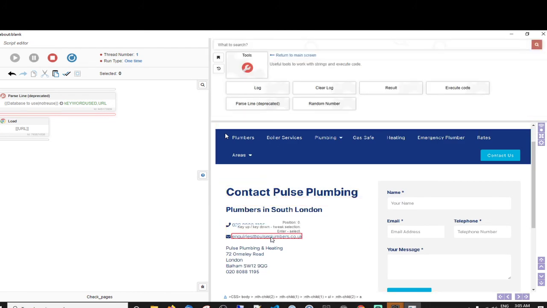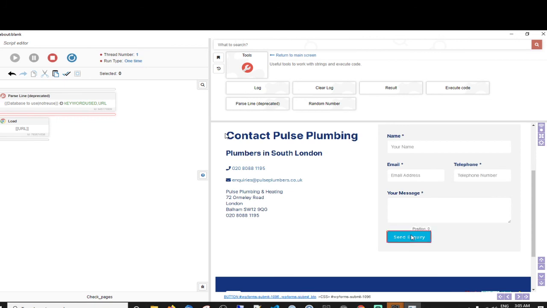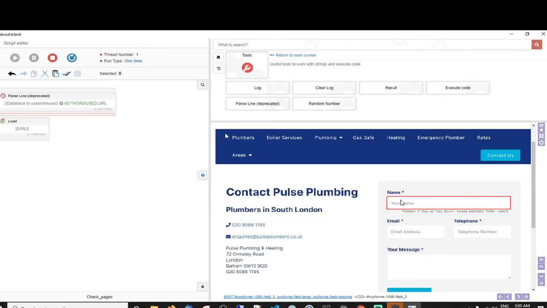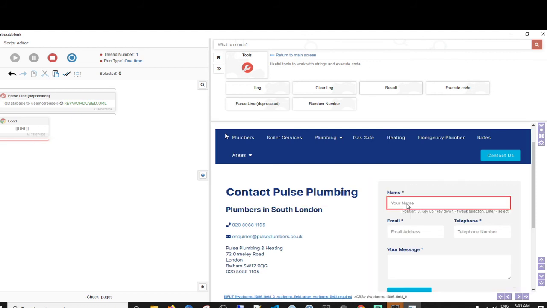Right, this one also has... This is a good page to land on because this also has the other data that we want to grab. But for now we just want to check to see if it's got a form and a captcha. I want to find one that has a captcha because we can't check to see if this one has a captcha until we find one with a captcha. So what I'm going to do to check if it has a form is simply check for the name field.